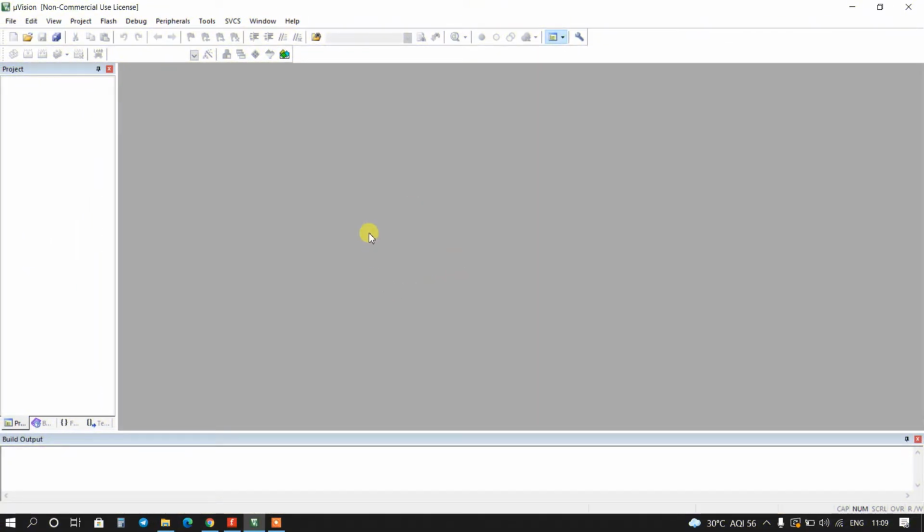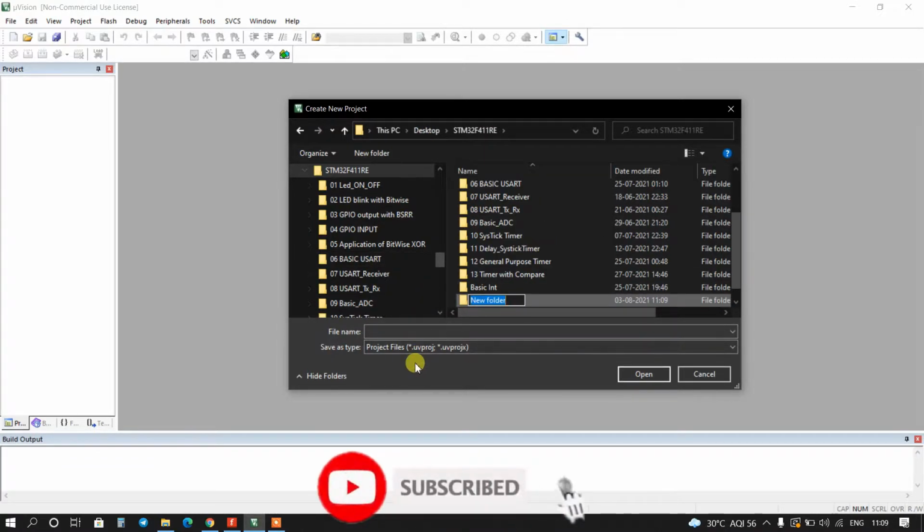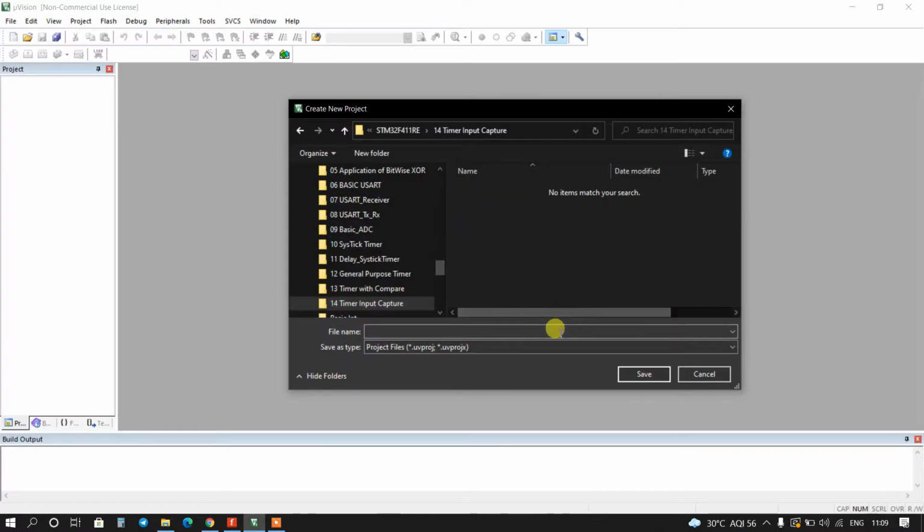This is Keil IDE. First of all, I will create a project. Create here a new folder. This is 14 number. Timer input capture. Okay. And project name, timer input, right?